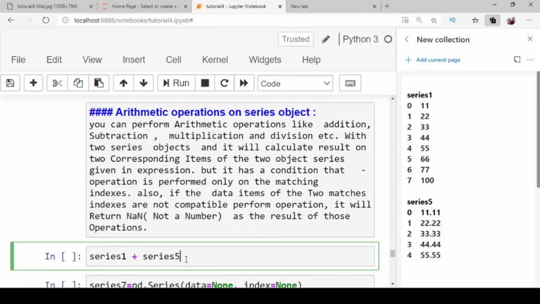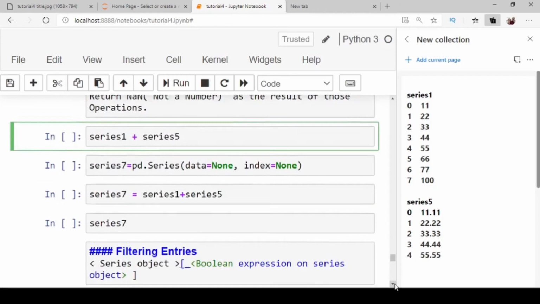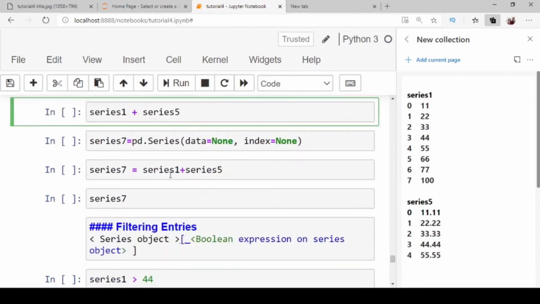So let's see one example, series 1 and series 5. Before executing this statement, first you see the existing structure of series 1 and series 5. Series 1 has 8 elements while series 5 has 5 elements.